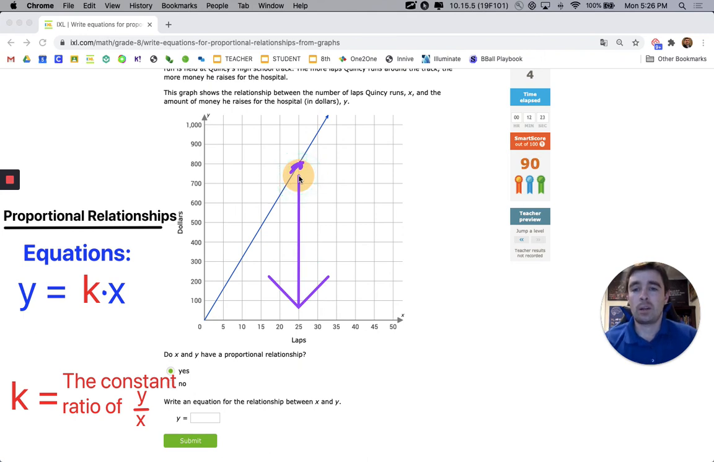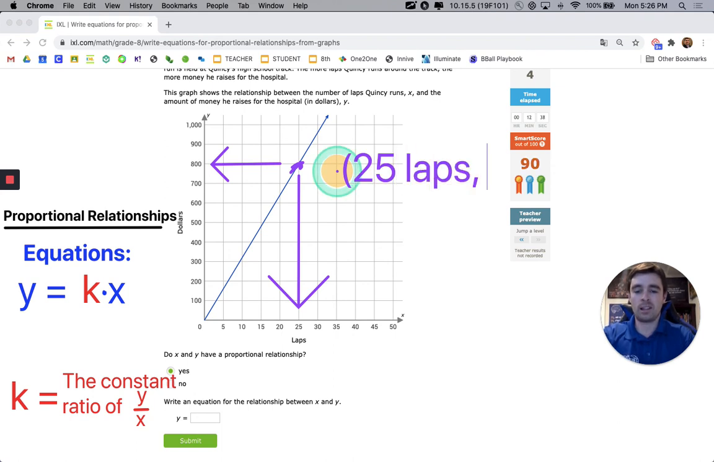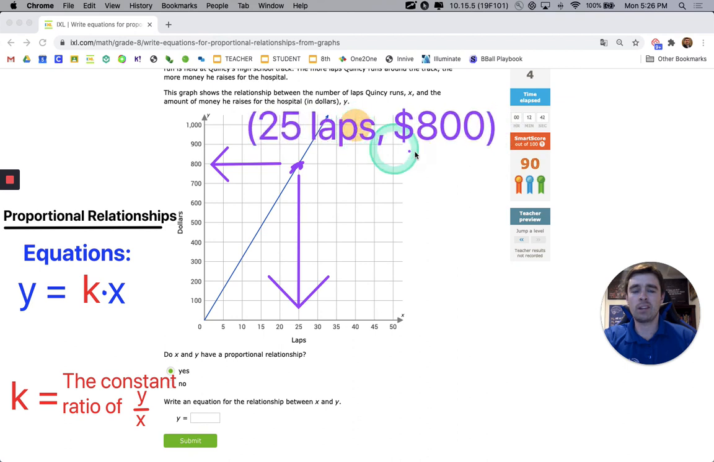25 laps. Okay, we must have somebody who's in a hospital, they're doing laps. And then, ooh, how many dollars they earn. Okay. So we're earning $800 here for 25 laps. So 25 laps is the x, $800 is our y. And when we calculate this ratio, this is the tricky piece. I need to do y over x first, so for my ratio I'm going to be doing 800 divided by